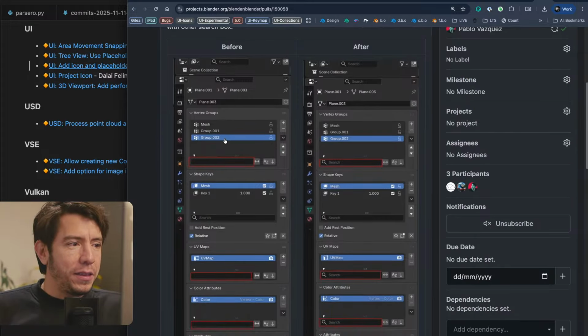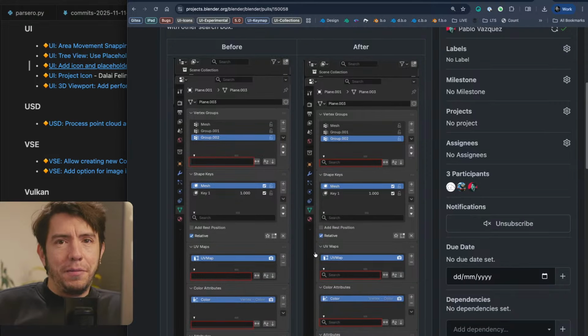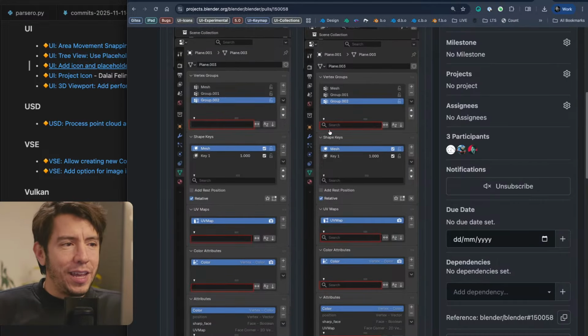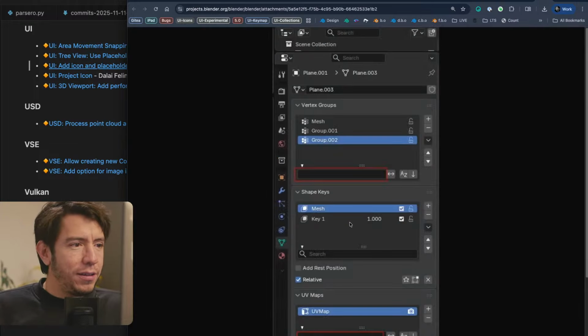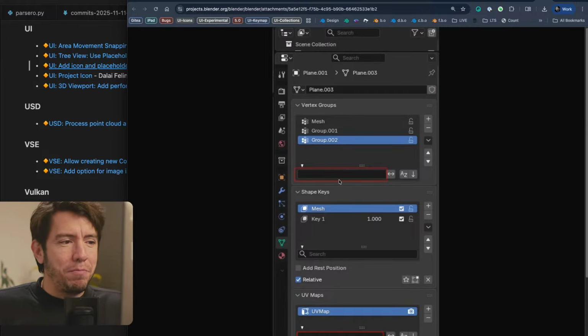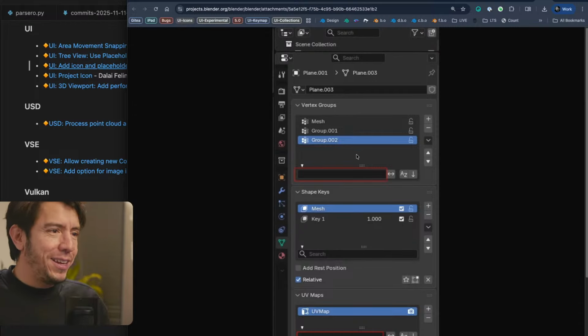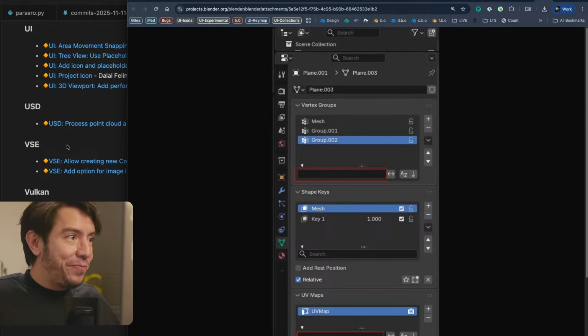So vertex groups, UV maps, all the old system UI lists now have the same unified look, the icon to search and the actual text to search. I never noticed actually that this was just a black blob without any indication that you can search here.